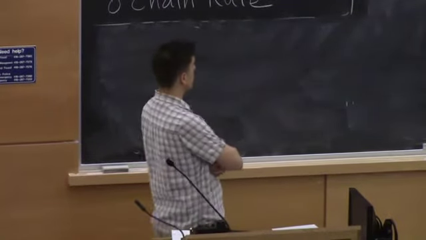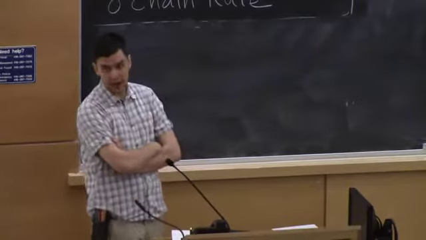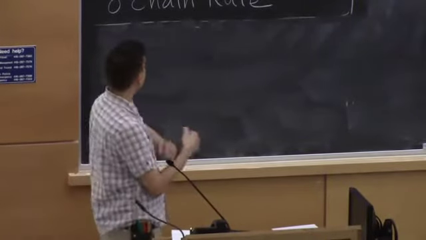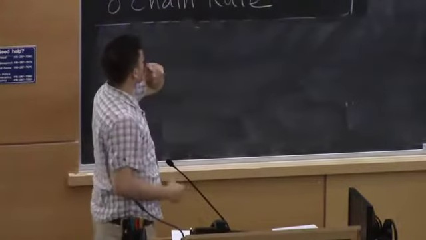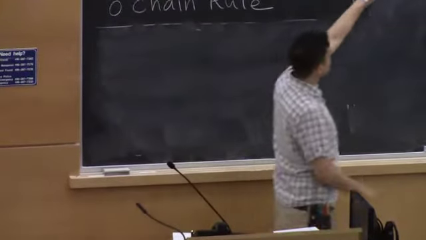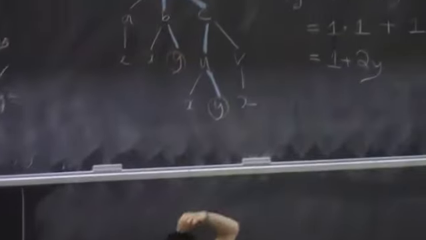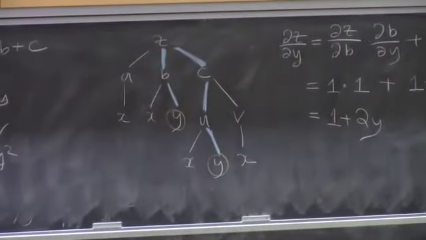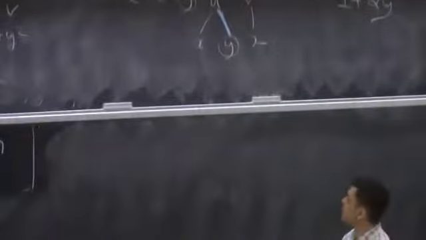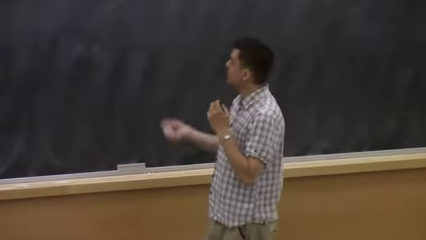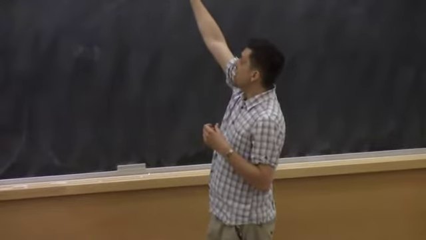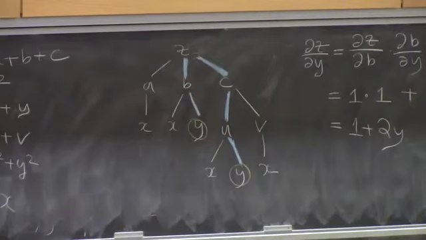You need both. You need to sum over all paths. No. You need to sum over all paths from y to z. Okay? So this is saying, look at all possible ways that y could influence z. If we leave out, say, the path through b, then we'd be losing information about the system.